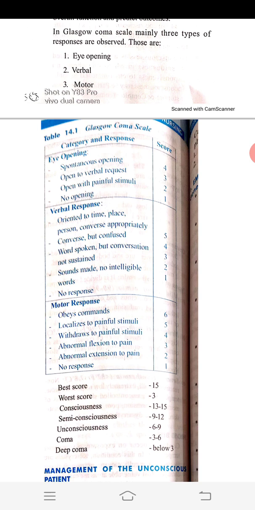Then the words are spoken but the conversation is not sustained. When you ask the questions, he randomly gives answers, but they are not related to the appropriate question. For example, when asked questions like what is the day today,